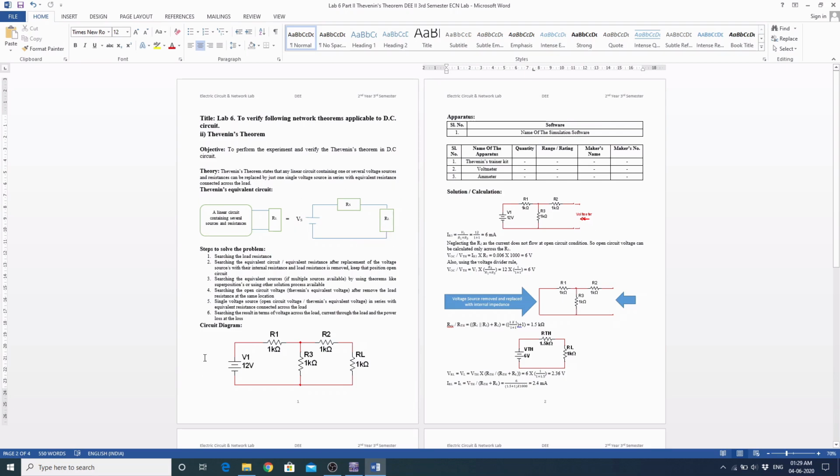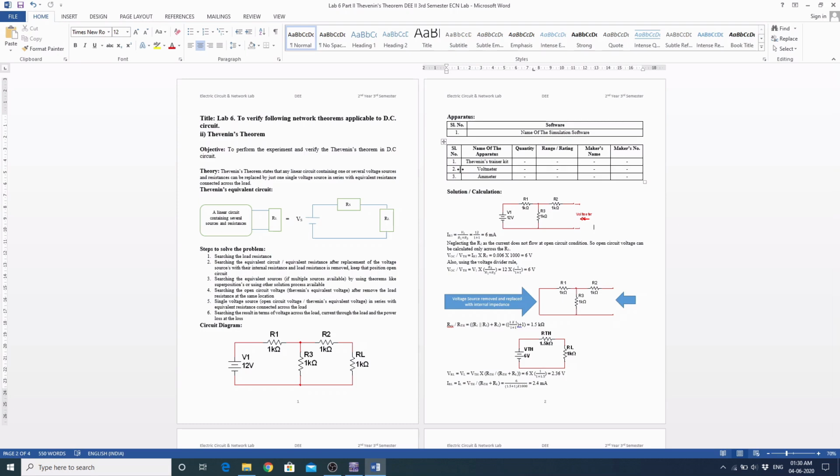So here this is our circuit where V1 is equal to 12 volt DC, R1 is 1 kilo ohm, R2 is 1 kilo ohm, R3 is 1 kilo ohm, and RL is equal to 1 kilo ohm. So here, as we are doing the simulation, the apparatus that is required is the name of the simulation software, which we have to write over here, and if we are going to perform it physically in